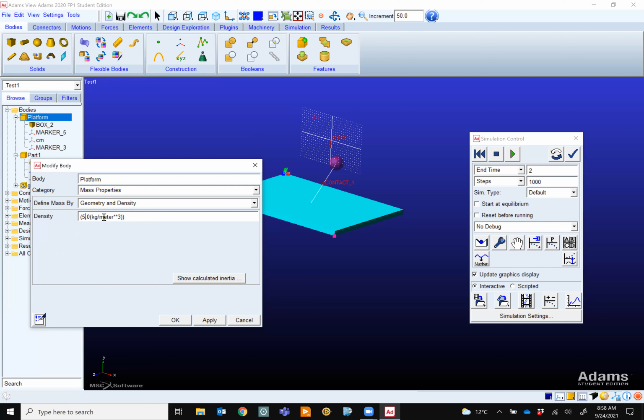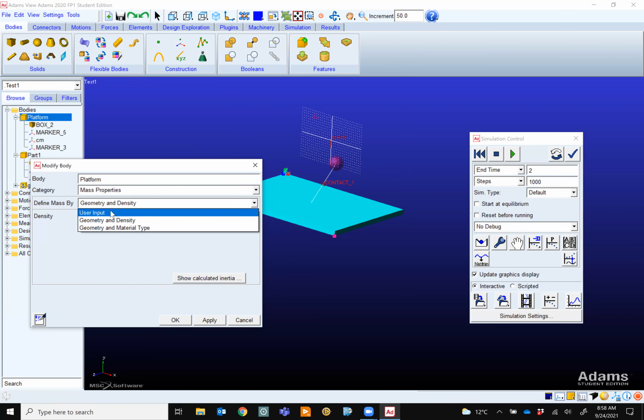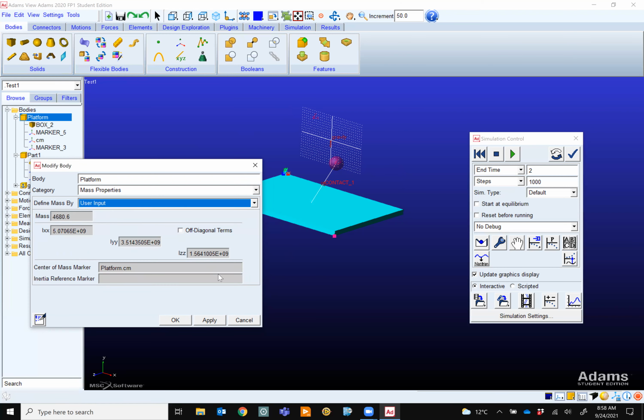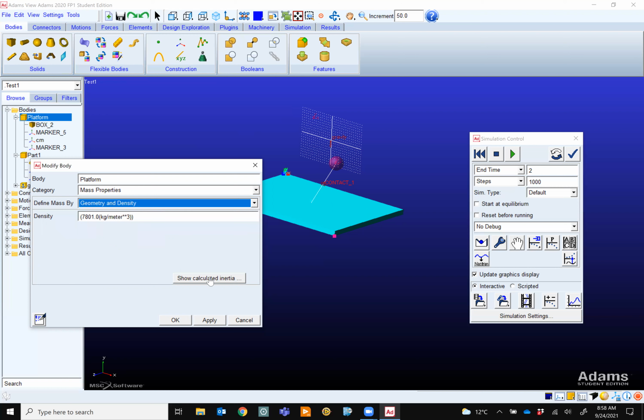You Google it, and it is 500. Based on that, show calculation for us. Density was not stored. Oh, because we need to go to user input and apply. Let's go back. Apply. Now show calculation.